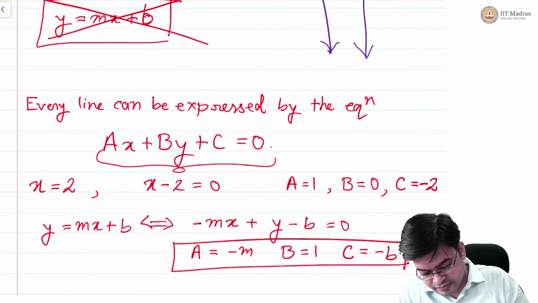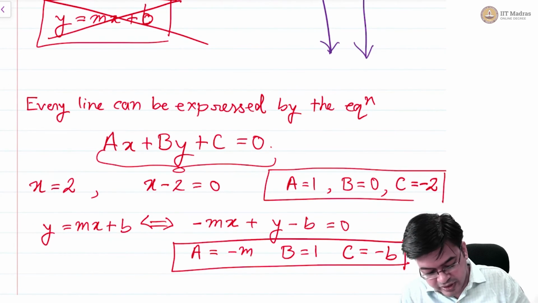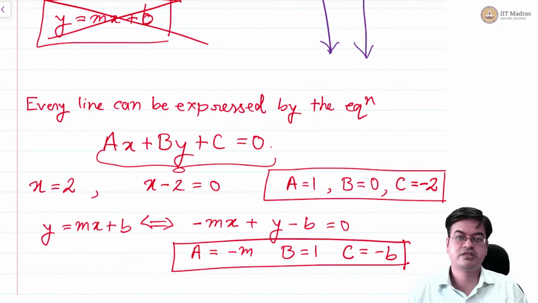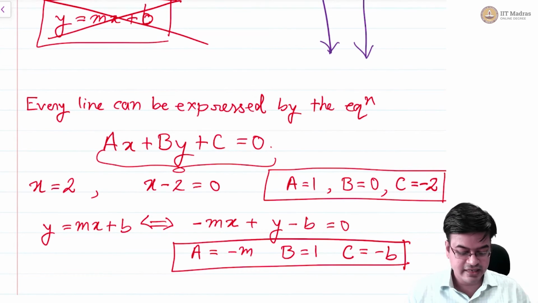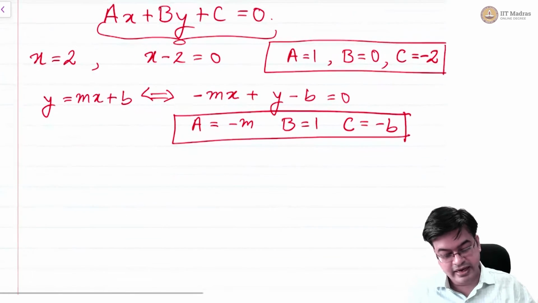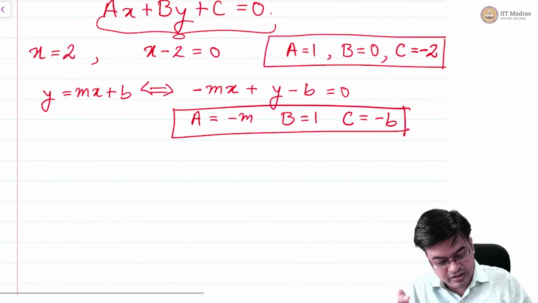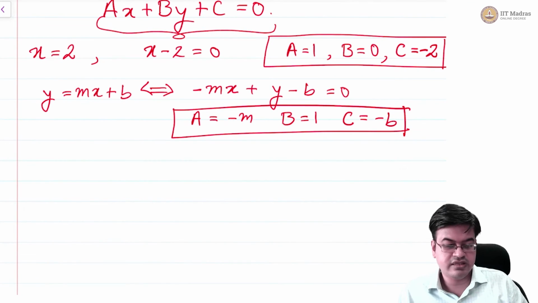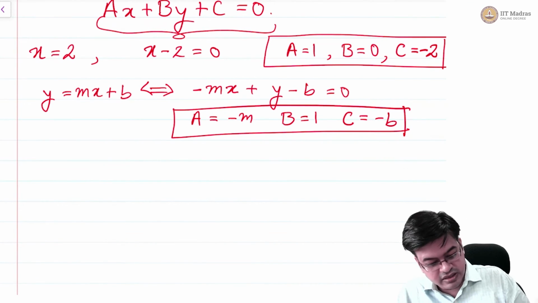So now any vertical line can be expressed in this form, any non-vertical line can also be expressed in this form. Therefore, I have given you a criteria which is called general form of the equation of line, and that can be under certain conditions, obviously it will be written. So let us formulate that conditions properly.